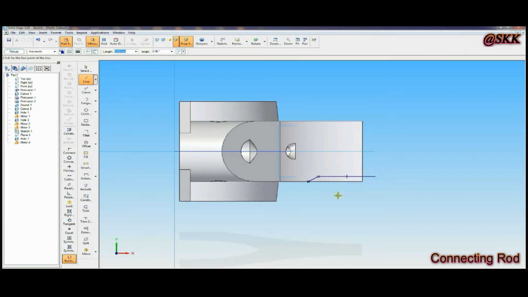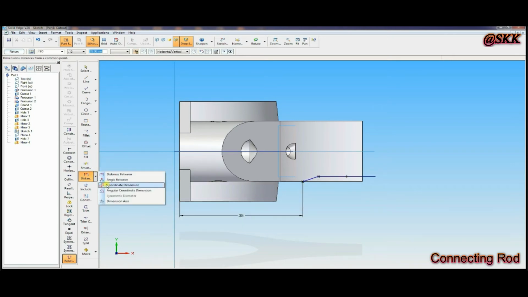And a straight line like this, and go to distance between, from vertical to that distance is 50, 35, and angle 30.